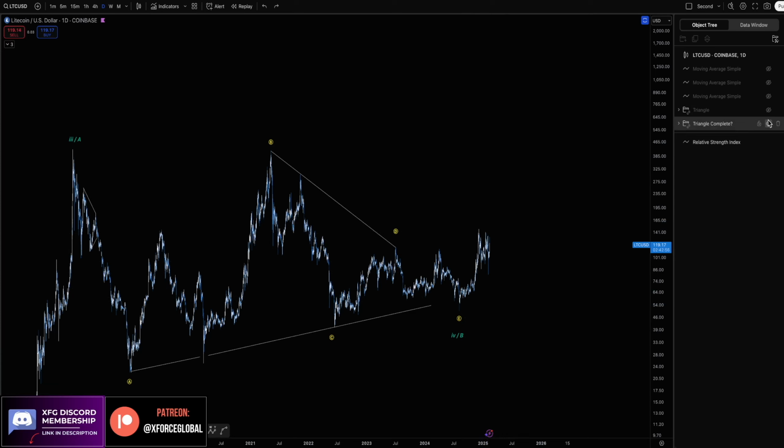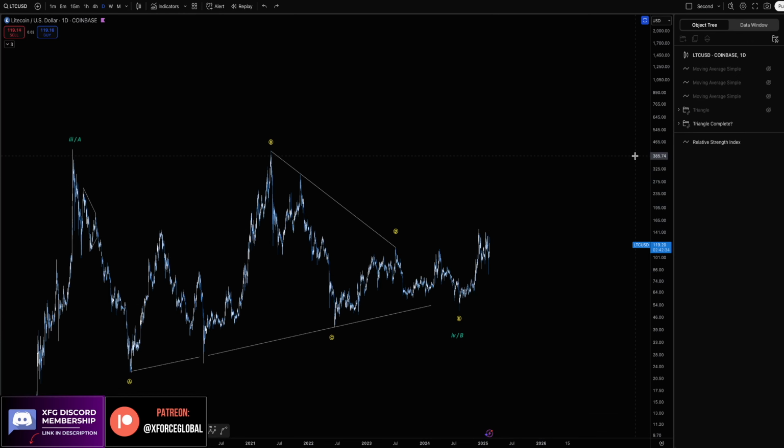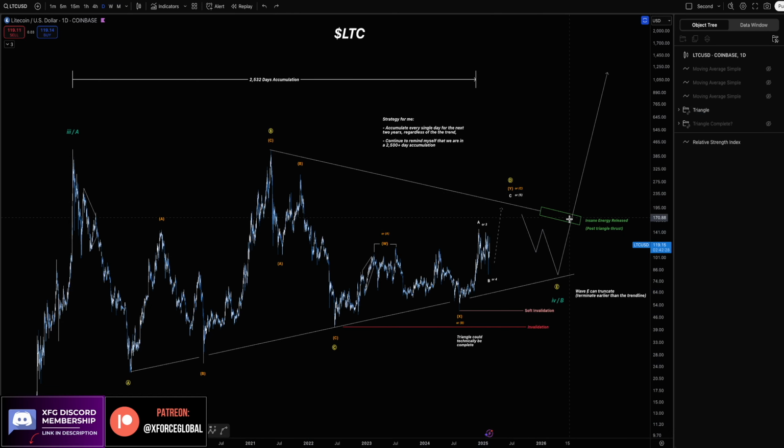I'd be happy to be exposed, but at the same time, I'll be happy to also not, maximizing or fulfilling my overall goal for Litecoin. So that is how I'm exercising risk management as well, and hopefully that can be a little bit of insight into how I'm currently playing the markets. But overall, I'll be very happy for all the Litecoin holders holding it right now if we're going for a mega run. But again, I am also taking into consideration that this is also a possibility where I can be accumulating as much as I can, and then hopefully being rewarded on a possible breakout.